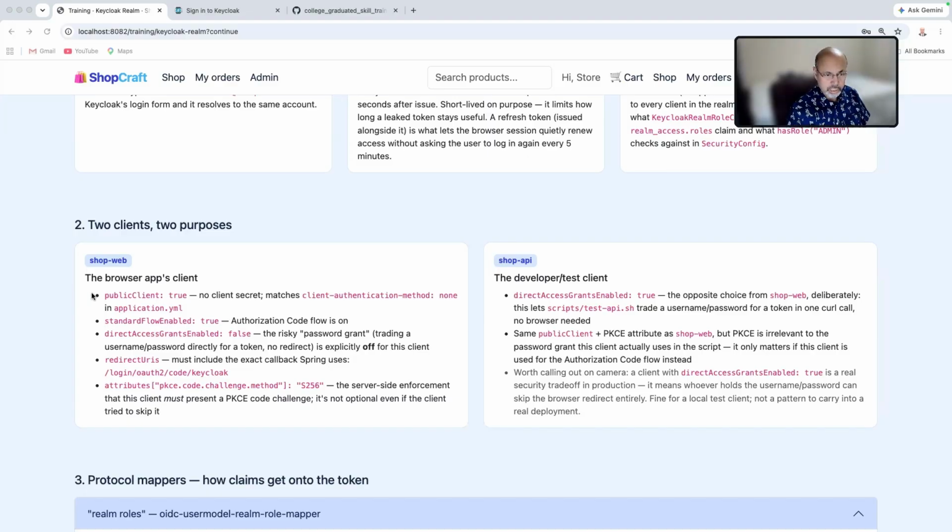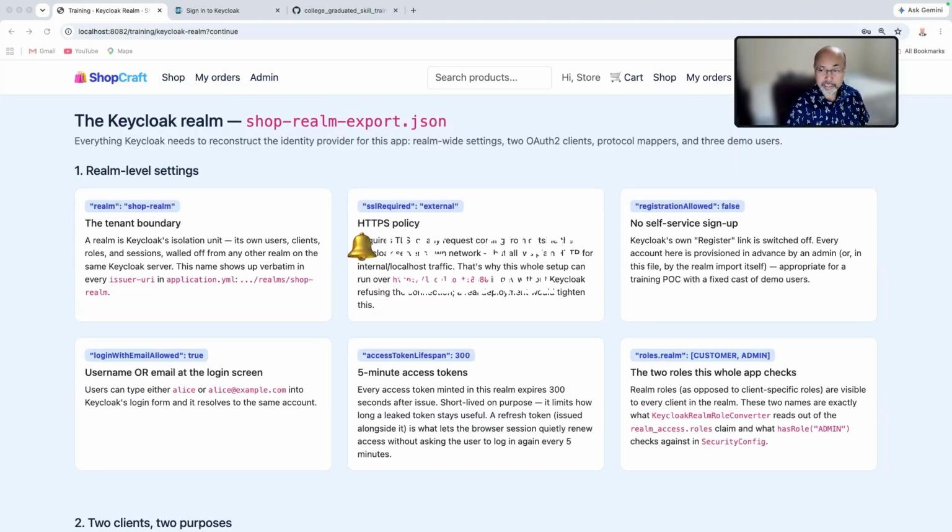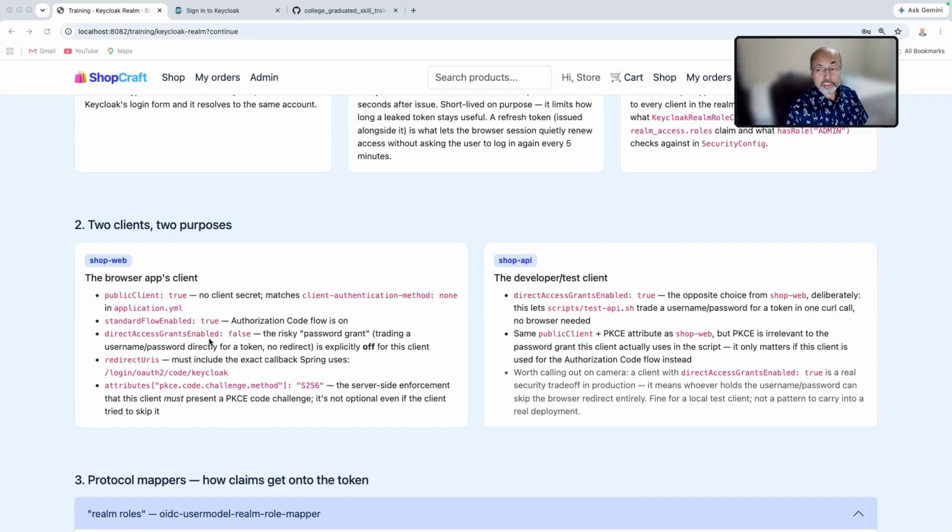And then it will give public client true. It will not have client secret. And the standard flow enabled means authorization code flow in OAuth 2. Direct access grant is the resource owner password grant, where clients get an access token using username and password. It will be disabled. Redirect URI, we will give the redirect URI so that